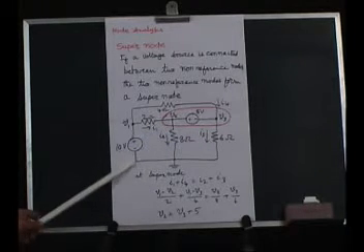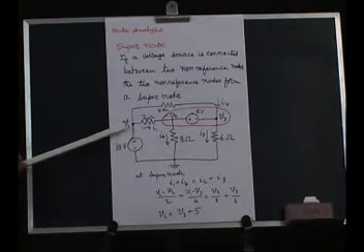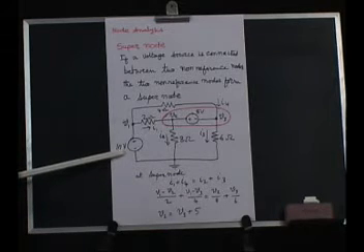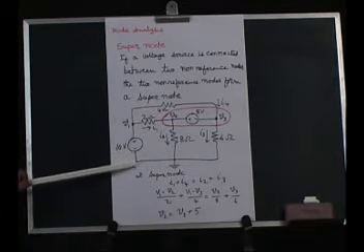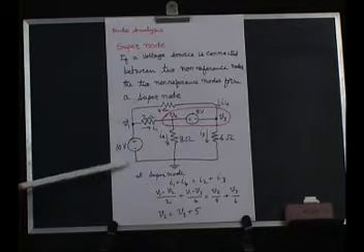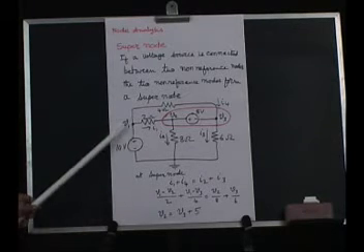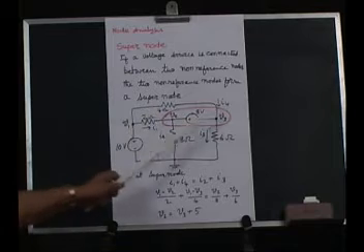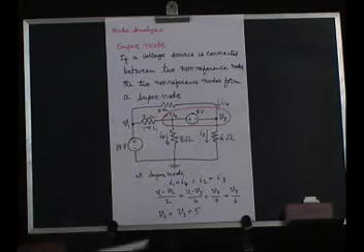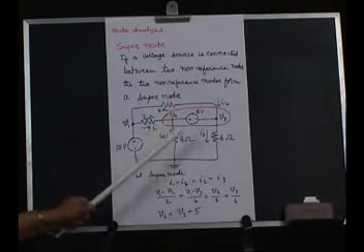In this case, suppose this is the reference node. Suppose we want to find out the voltage here at V1. It is obvious, since there is a 10 volt source, minus connected to the reference node and plus connected to V1, the voltage V1 we can straight away find as 10 volts. But difficulty comes with the non-reference nodes. This is the reference node, V1, V2, V3 are non-reference nodes. There is a voltage source here, so trouble comes because of that.